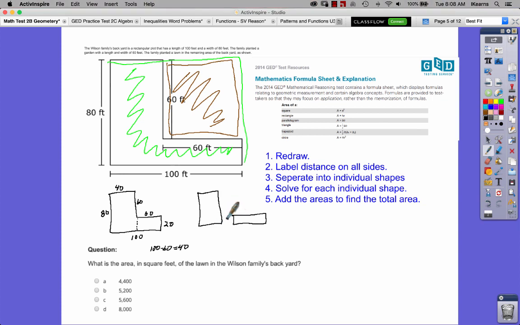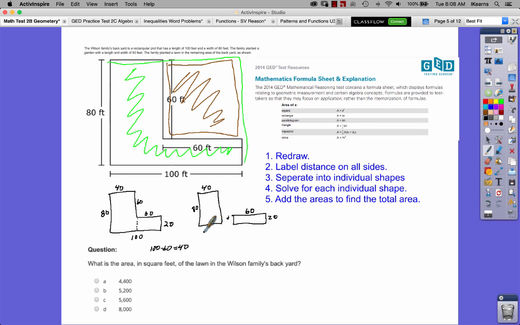And ultimately we're gonna add these two together. So this one is 40, and the height is 80 now. If we look over here, the length is going to be 60 and the width will be 20. Okay, you can go ahead and enter these in the calculator if you need to,